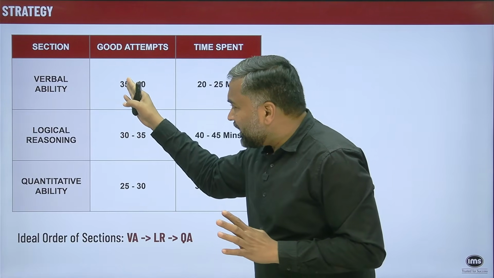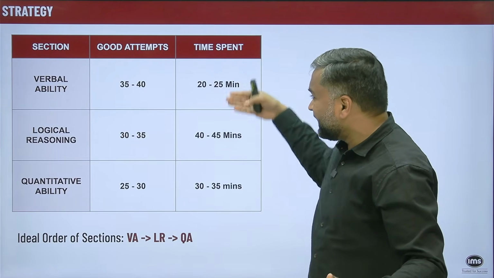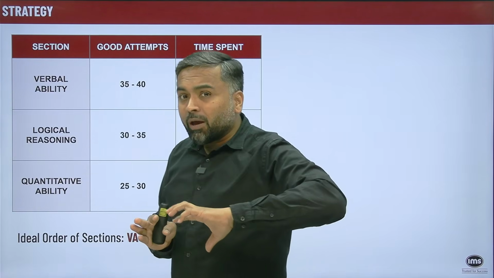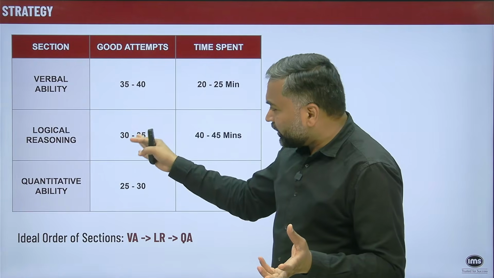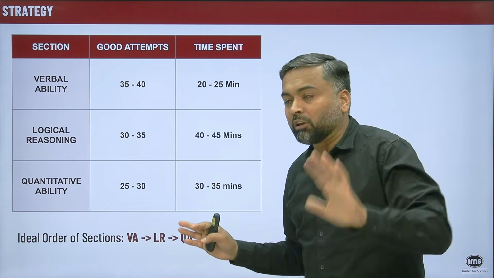Even if I say 30 here and 30 here, that gives me 60 marks in how many minutes? 70 minutes. My 60 marks are secured. Now, we are playing very safe here, getting only 30 marks here and 30 marks here and spending 70 minutes, right? We still have 30 minutes.